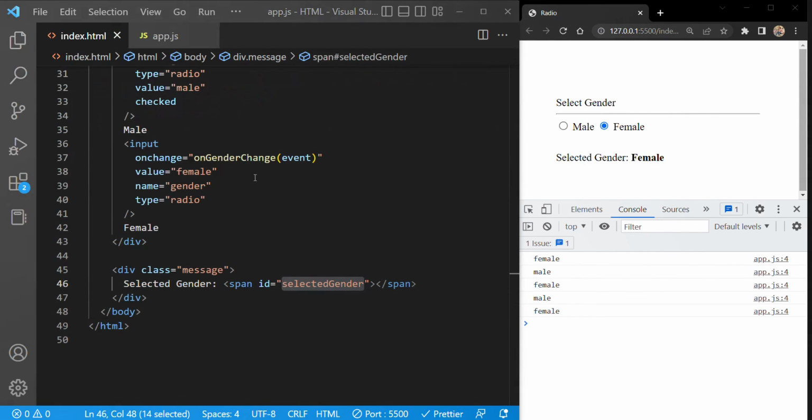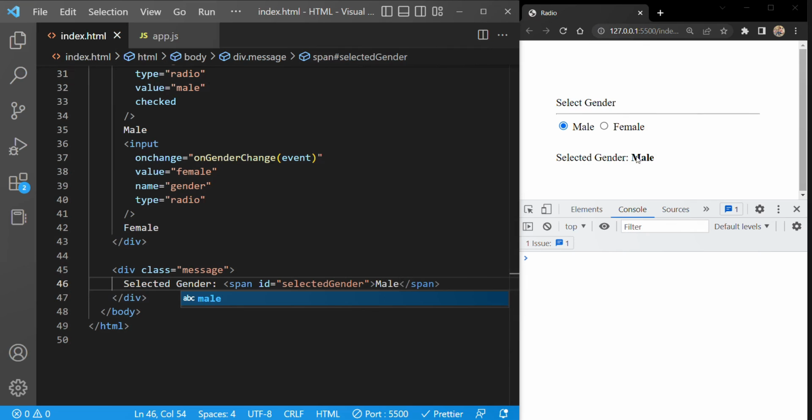We can even have the default value here. So here let's say by default we selected male, so we can have the default value here, and whenever you select female